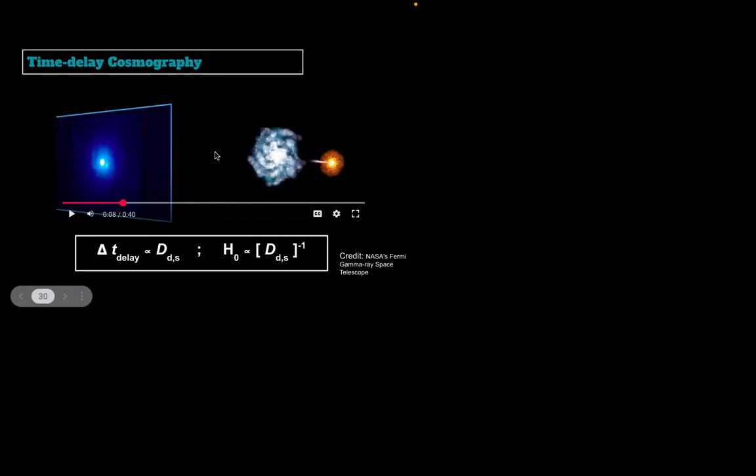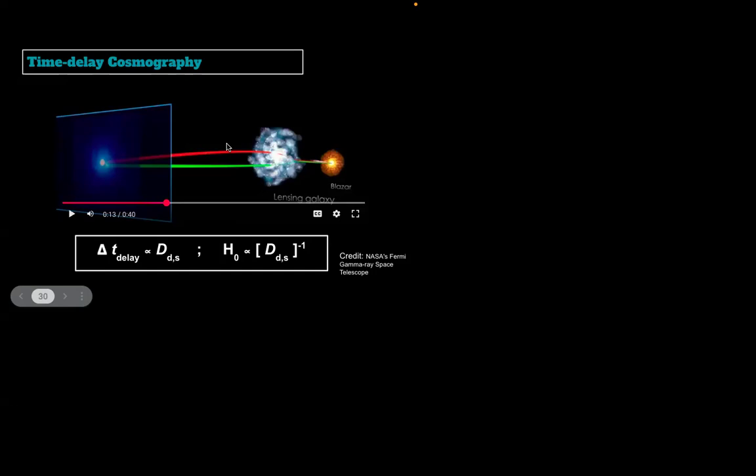So if light is coming from this blazar and passing through this massive galaxy, now from gravity, this light will get bent. You can see this is the lensing galaxy. Depending on which part of the lensing galaxy potential the light is encountering, it will have a different path. So immediately you can see there is a different path length for the same light.